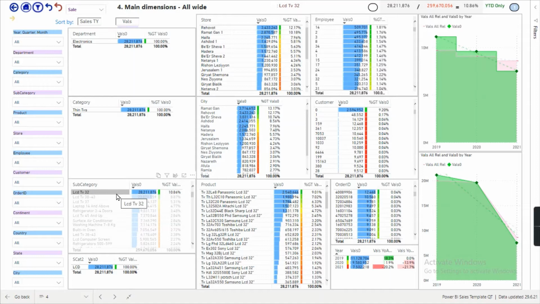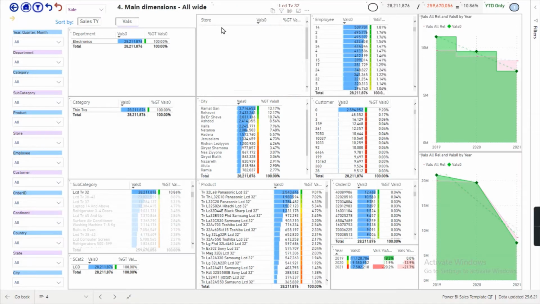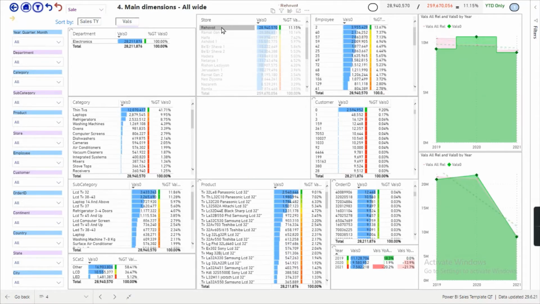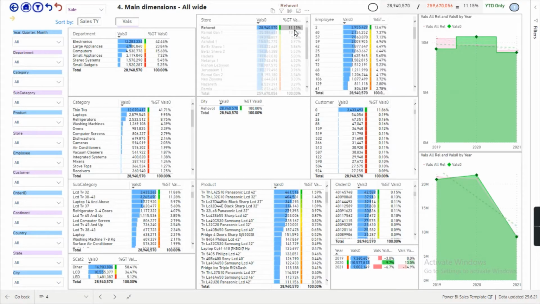Okay, let's see the main store, the biggest store. Rehovot made 30 million, that is 11% of the company, and it was under the average, then up, then average. Okay, that's mixed results. Let's see the second one,